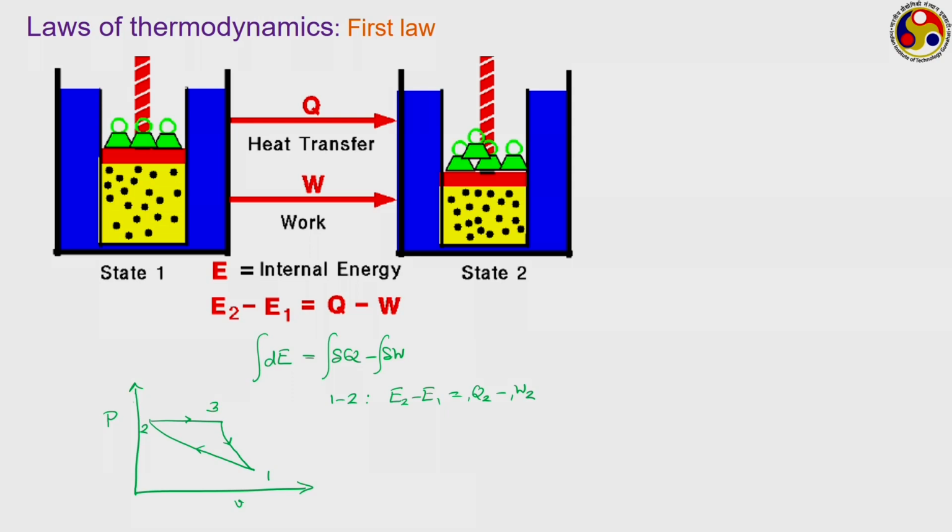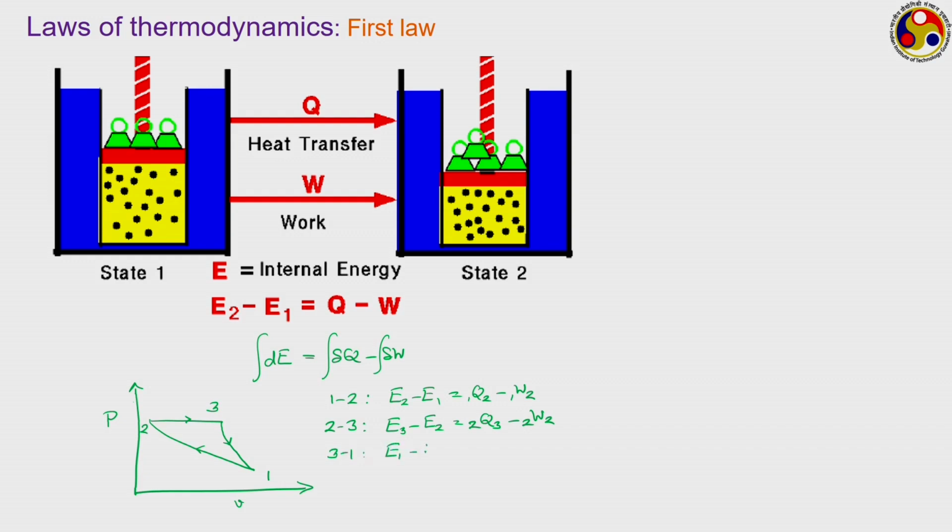If the direction of heat transfer and work transfer are opposite to the one that we are considering, then you have to put a minus sign. During process 2 to 3, you have E3 minus E2 is equal to Q23 minus W23, and then during 3 to 1, you have